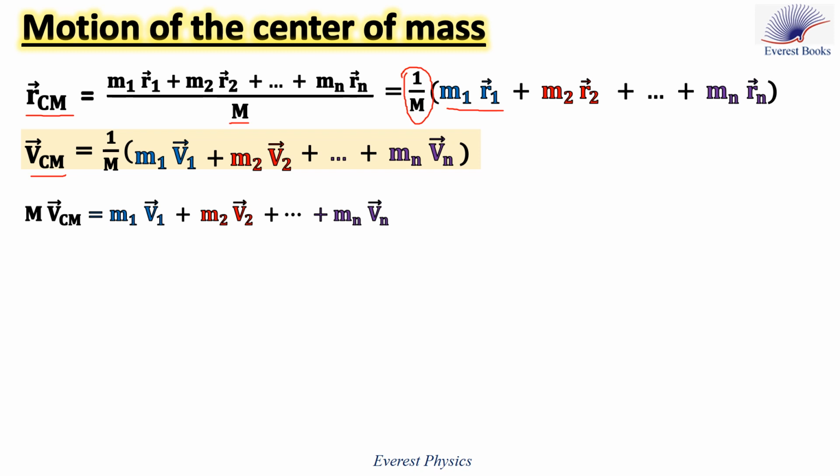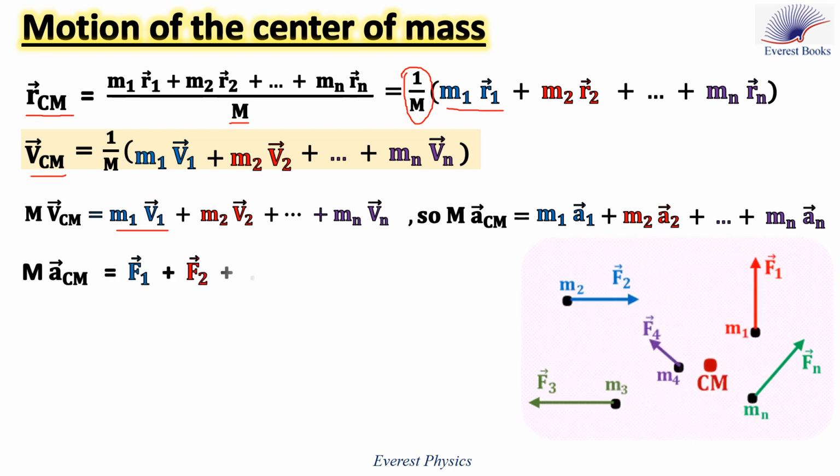Let's differentiate both sides with respect to time. The derivative of VCM with respect to time equals ACM, where ACM is the acceleration of the center of mass. The derivative of m1v1 equals m1a1, where a1 is the acceleration of the first particle. Similarly, the derivative of m2v2 equals m2a2, and the derivative of mnvn equals mnan. But m1a1 equals F1, which is the net external force acting on the first particle, and m2a2 equals F2, which is the net external force acting on the second particle, and